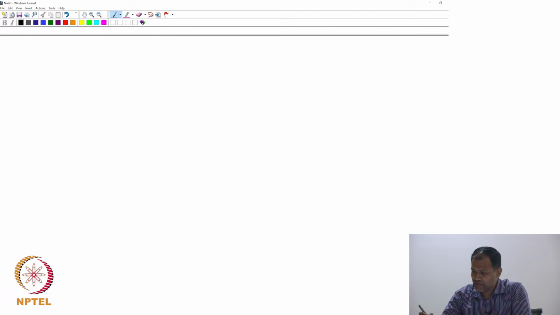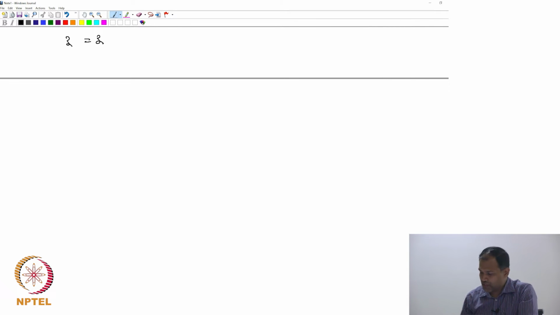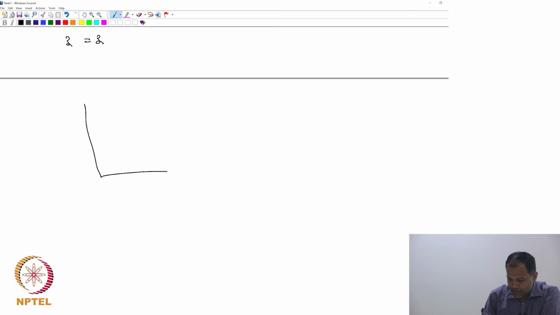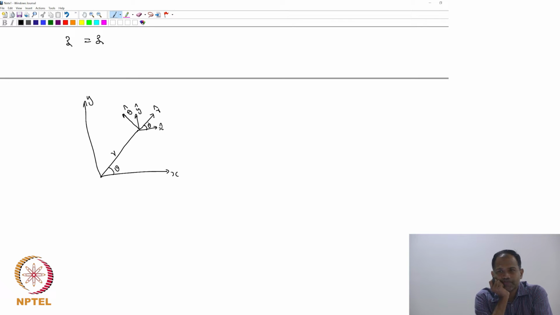So again we can just stick to the xy plane. So x, y, the point at a distance r at an angle theta. By definition, that's my unit vector r cap, that's going to be my unit vector theta cap. This is how x cap would have looked like, that's how y cap would have looked like, and this angle is going to be theta. All of you agree?